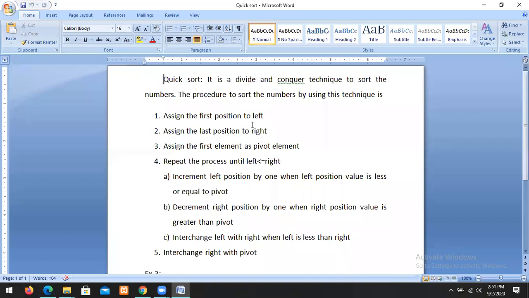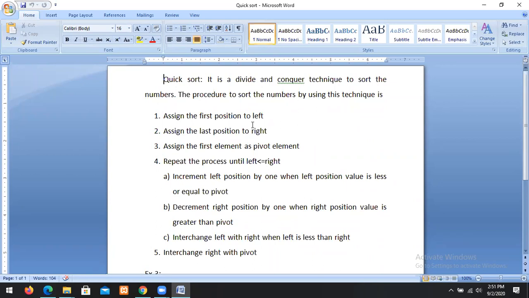Decrement the right position by 1 when the right value is greater than the pivot. Then after incrementing and decrementing, interchange the left position with the right if left is less than or equal to right. Finally, interchange the right with the pivot. This is the process we are using to implement QuickSort.